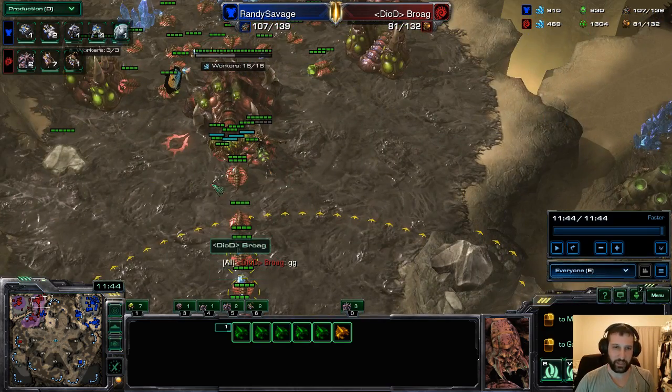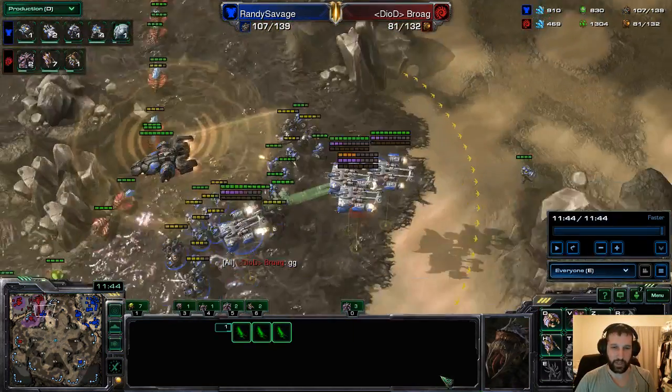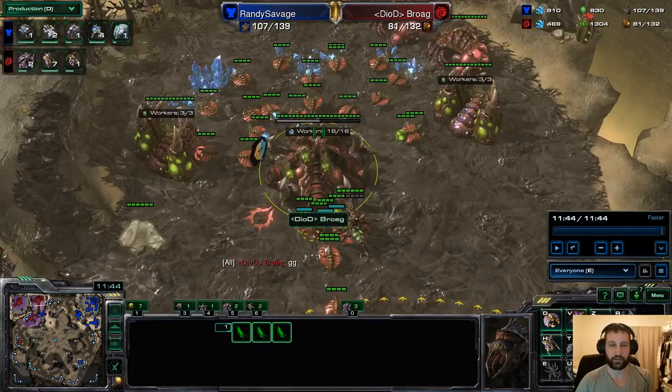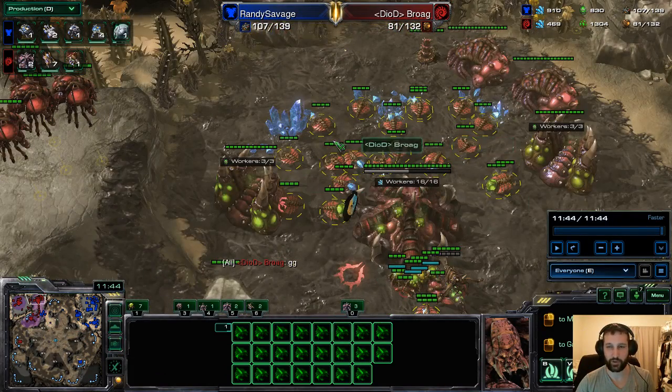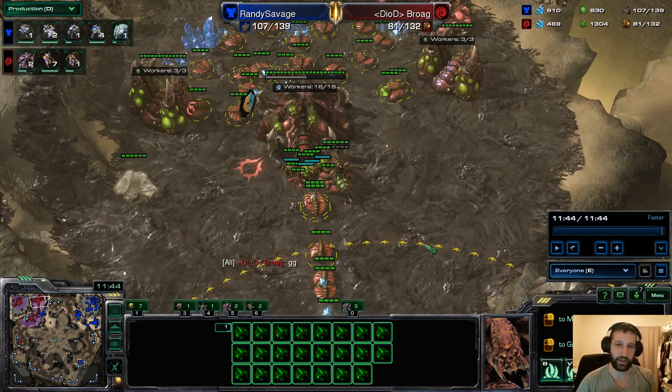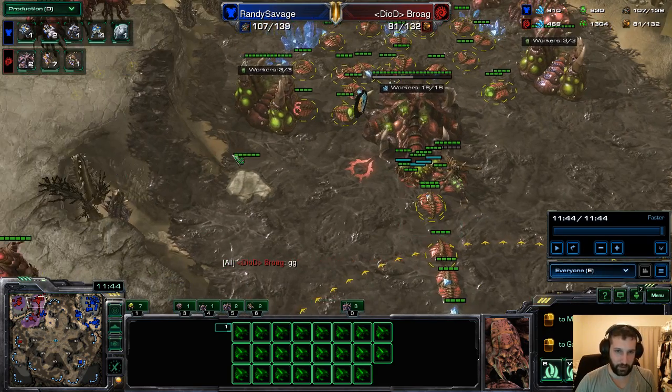Draw the Reapers in, make them come onto creep. Don't ever pursue off creep without speed. And when you do have speed against mass Reapers, make sure you have overwhelming circling numbers. So that was the biggest problem. And then, of course,